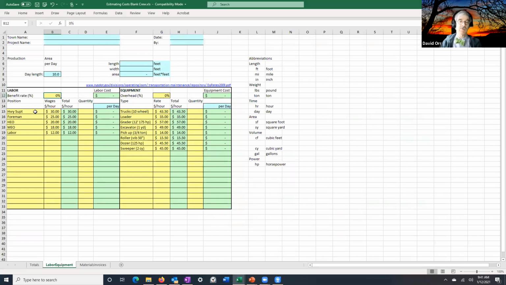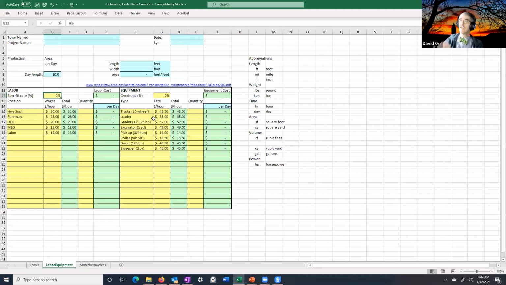The cost of your crew, again, I rounded in this case to the closest dollar. You could keep it to 50 cents. You could go exact. That's entirely up to you. And the same thing for the equipment. Okay. I took the overhead rates still to 0. We'll come back to that in a minute. But the type of equipment you've got in your fleet, I rounded to the closest 50 cents.